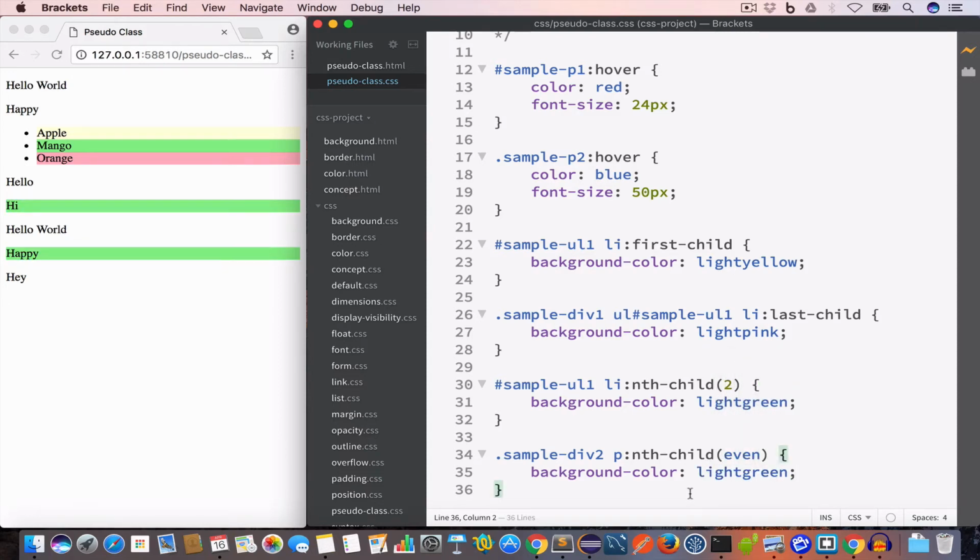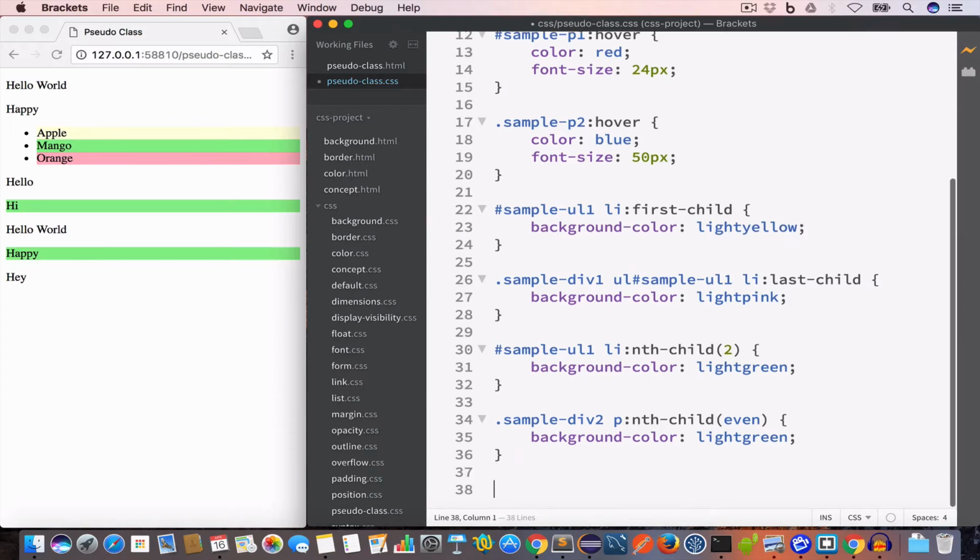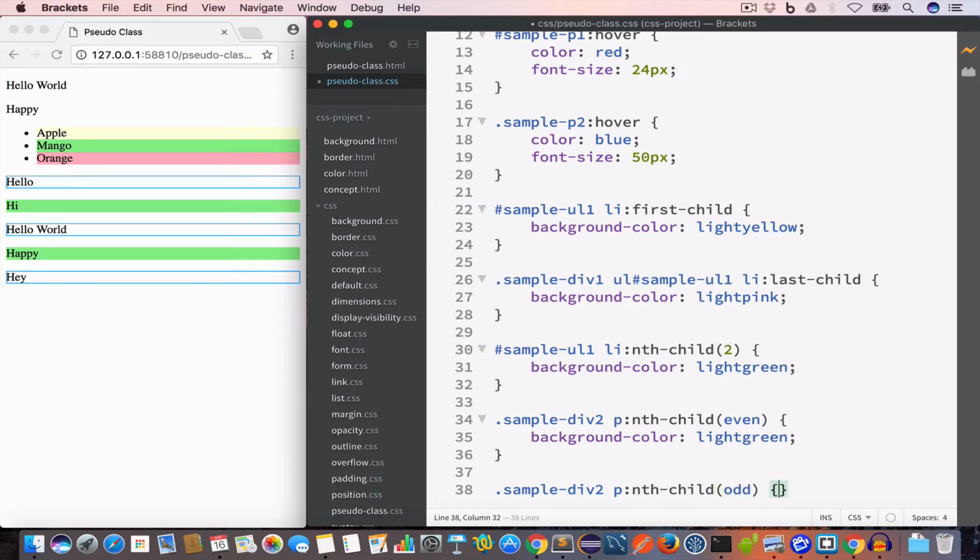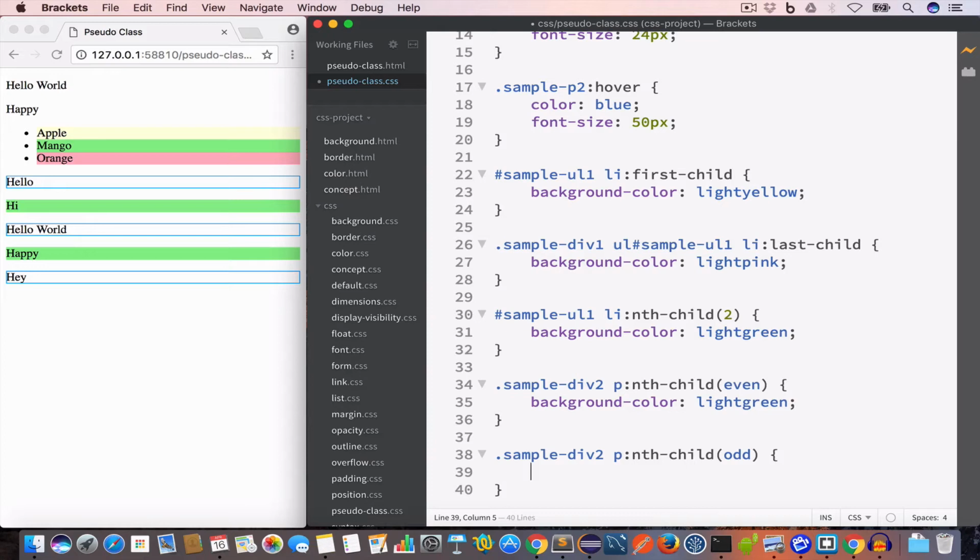And to target all the paragraphs that are at the odd position, we'll write .sample-div2 p:nth-child, and we are going to target the paragraphs that are at the odd position, so we'll pass odd, and we want, let's say, light yellow background color, so we'll set the background color